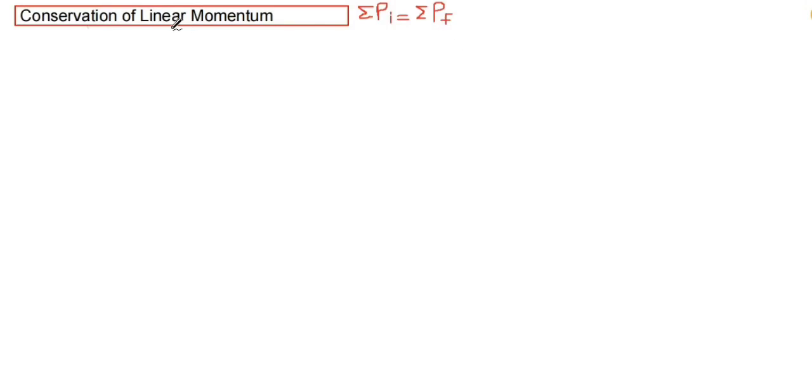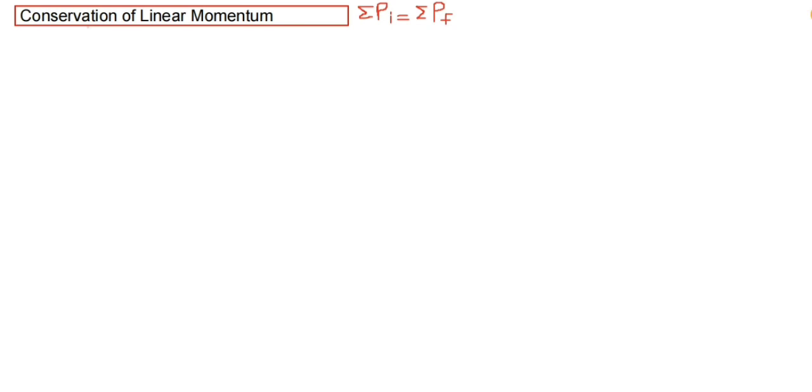Let's talk about conservation of linear momentum. The conservation of linear momentum theorem states that in an isolated system, the total linear momentum will be conserved both in magnitude and in direction. We use this formula to show conservation of linear momentum. This symbol over here stands for sum. So if you were to read this, it would go sum of momentum initially is equal to sum of momentum